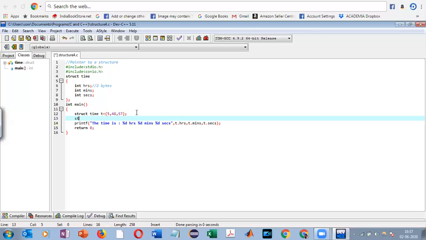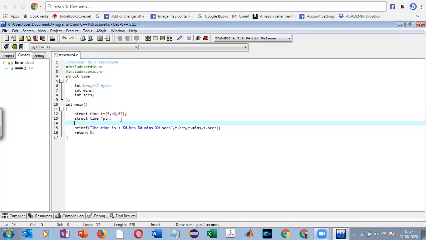So firstly, let us declare a pointer to the structure. This is how we declare a pointer type variable, PTR. Now for it to be assigned the address of the structure, say the starting address of the structure is from 2000 to 2005 because it is 6 bytes.